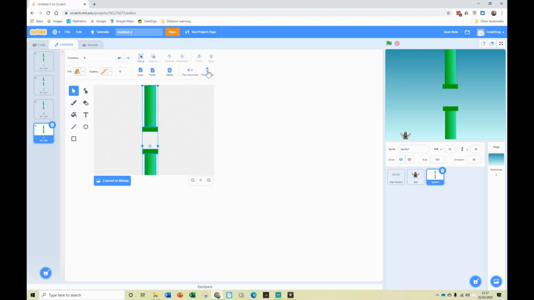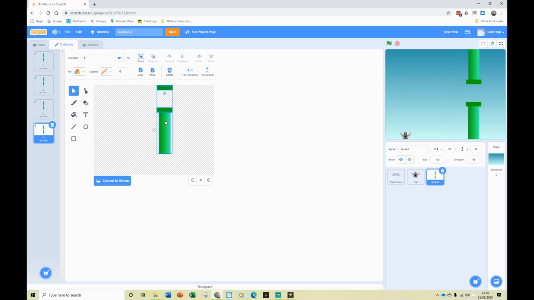Well, that didn't quite work out the way I wanted to. I wonder if I group them first and then flip. No, that didn't work either. Okay, what about if I rotate them around a point? Can I rotate that? Like so. If you hold shift as you rotate, you can rotate 90 degrees without it going off